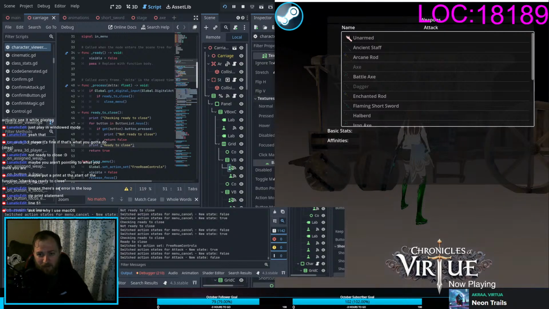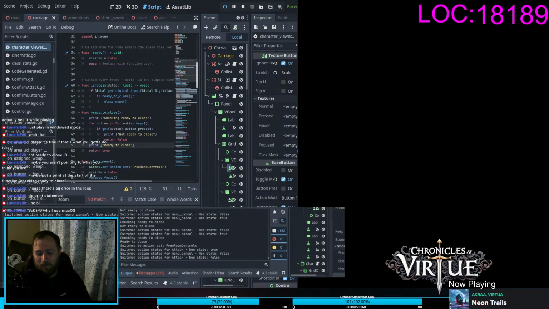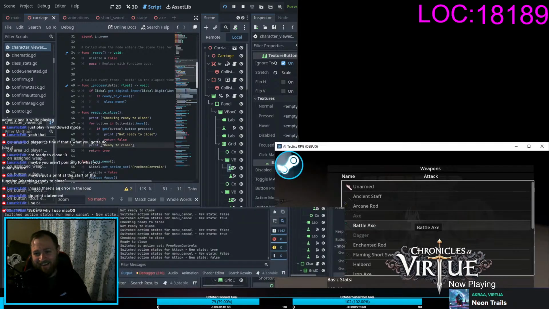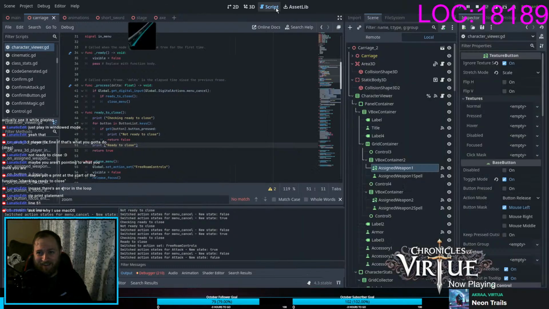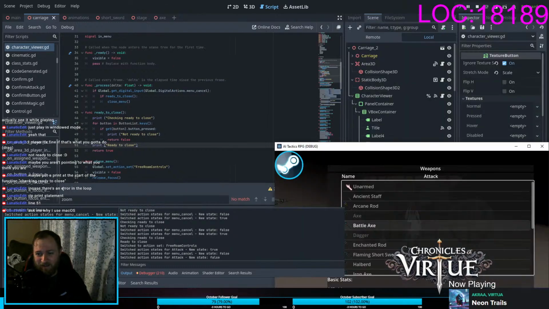Hey, why do you use Mac OS? Yeah, my mouse disappears. I have it hiding my mouse when I play the game. But I can't, anyway, it's a mess. I gotta fix that. If you were trying to move this around, you'd get so frustrated. But yeah, so